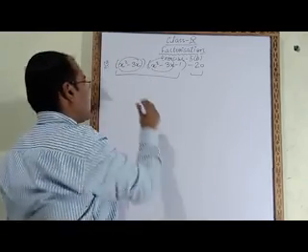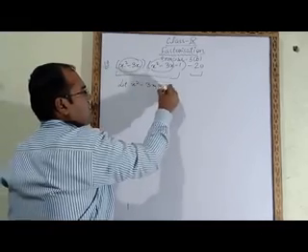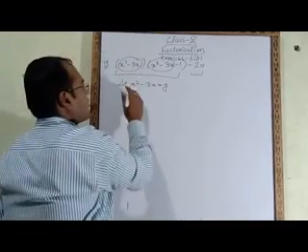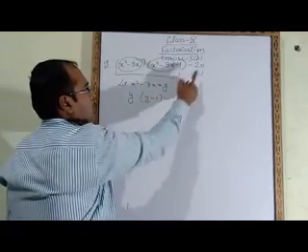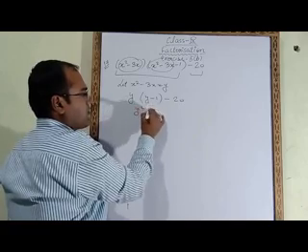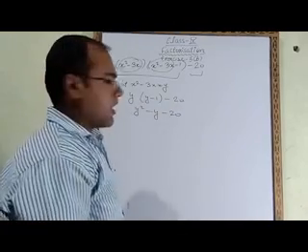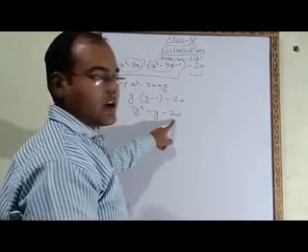So what you have to do, let's say this x square minus 3x is y. We will assume that x square minus 3x is equal to y. Now instead of this we will put y into y minus 1 minus 20. Now we will multiply it. y into y will be y square, minus y into 1 will be minus y, minus 20. Now here no number is written, so we will take 1. 1 into 20 will be 20.